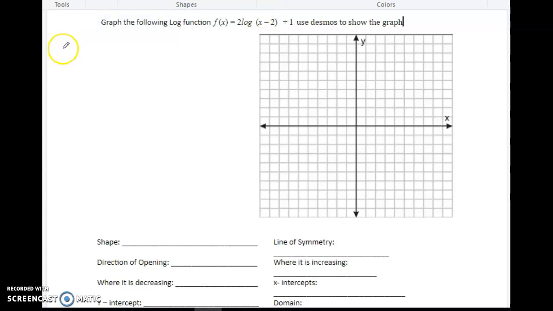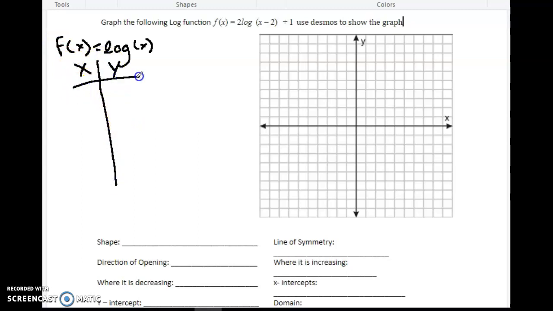So right here, I'm going to do a table for f of x equals log of x, or the parent function. I'm literally going to get this off of my calculator just by typing this in. So I have a table right here, x and y. If I pull this table up, anything below 0 becomes an error in my calculator. Anything after that's going to be 1, 0, and I'm going to try to pull some more whole points out of here. It is a little hard when it comes to logs, but the next one's going to be 10, 1,